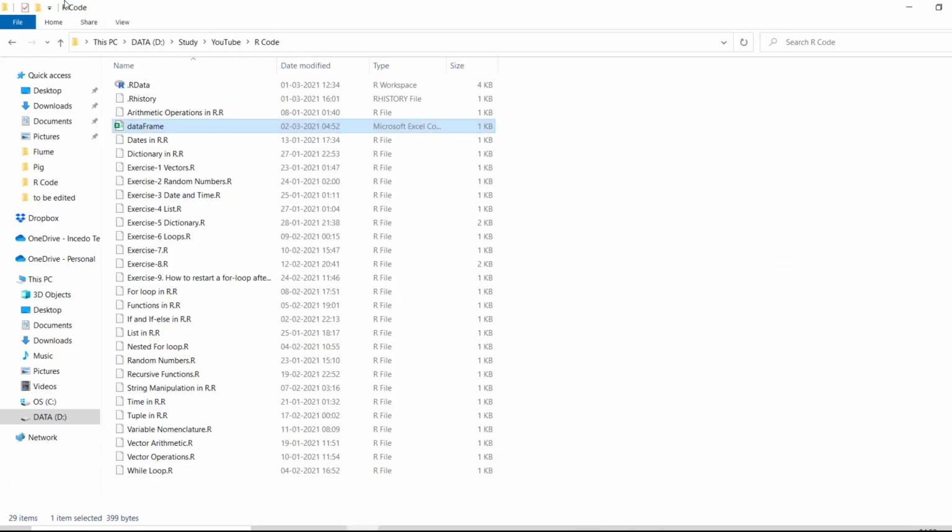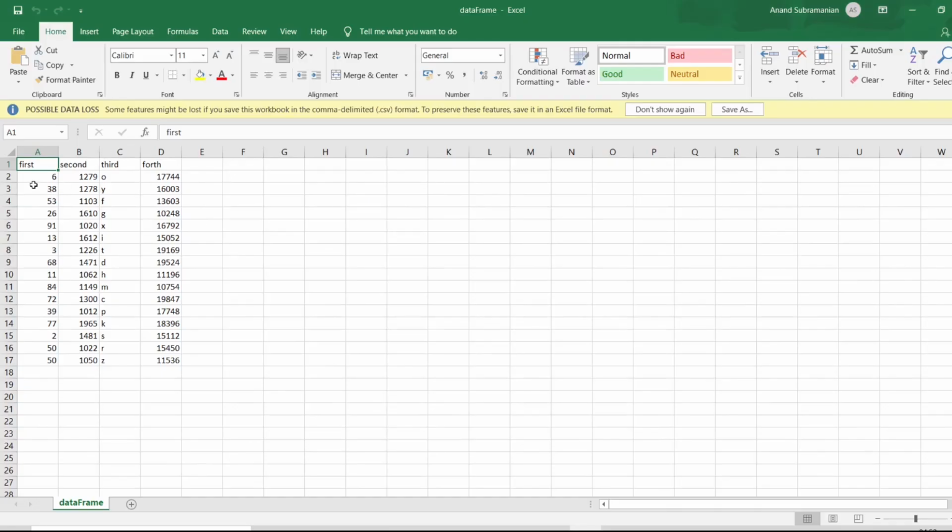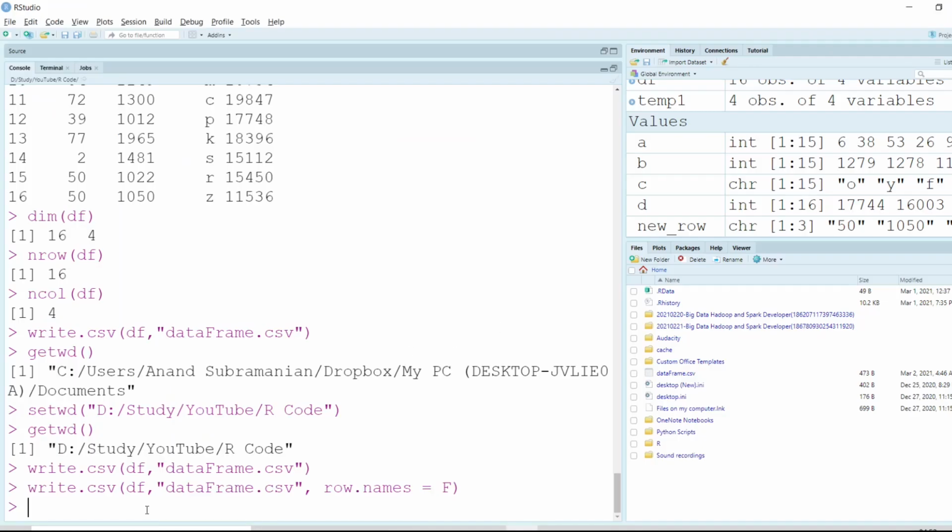If I go back and once again check the data frames here, now we don't have that column. It's just the column names without the row names here. Okay, fantastic. So this is how we write or copy the data frame as a file in our local directory.